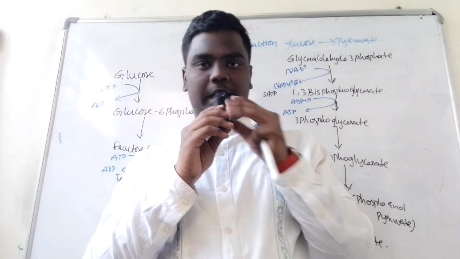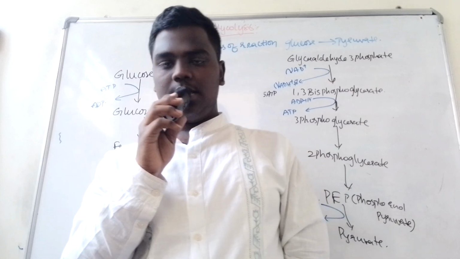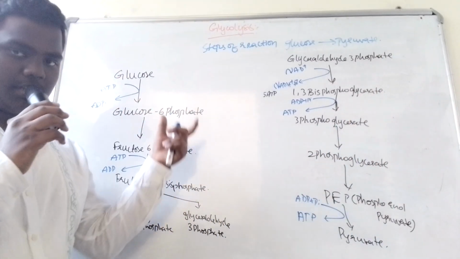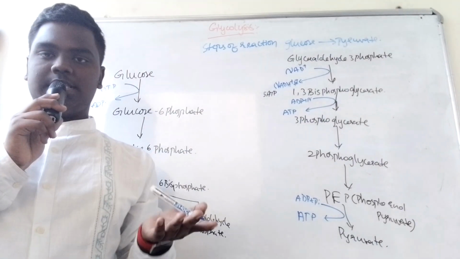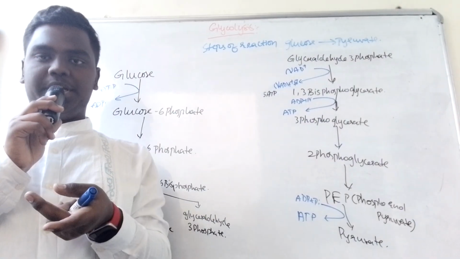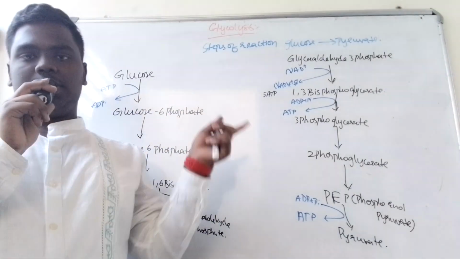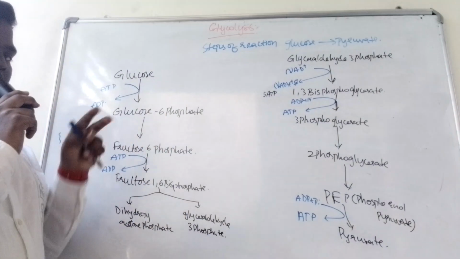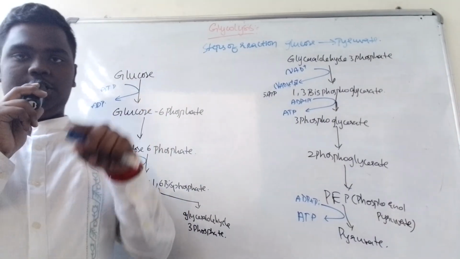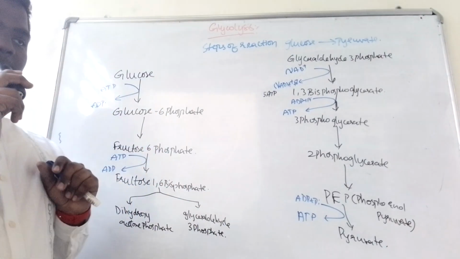Hi guys, welcome back. In my previous video, I discussed glycolysis and the different steps involved in it. That is, what is glycolysis? Conversion of glucose to pyruvate. So, what are all the different steps involved in converting glucose to pyruvate? I have discussed where there is energy consumption and energy production, and then also